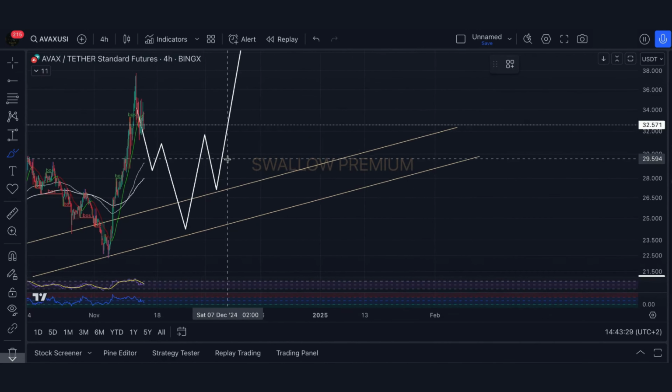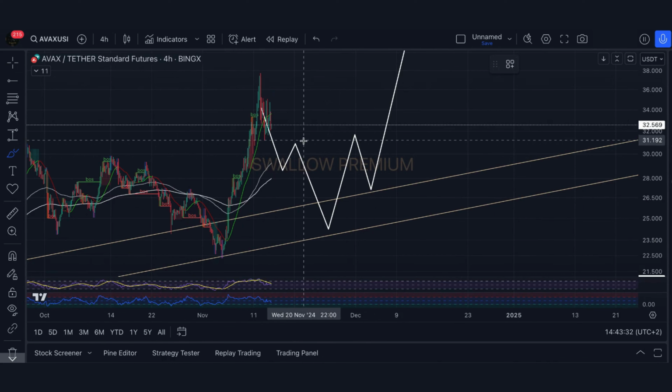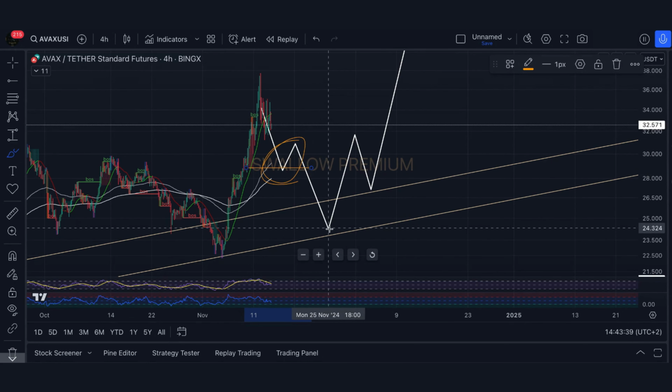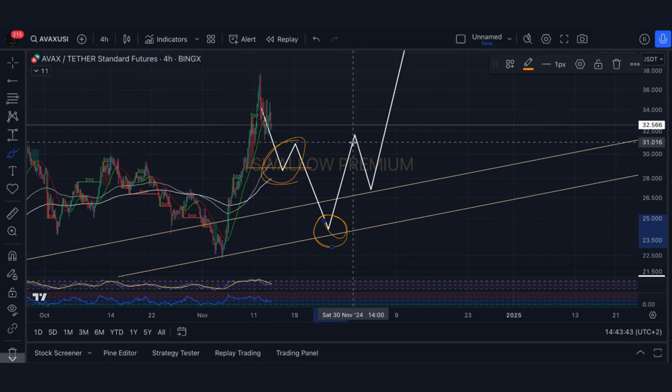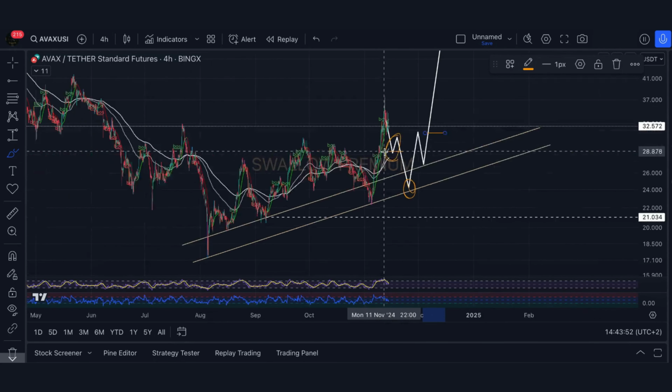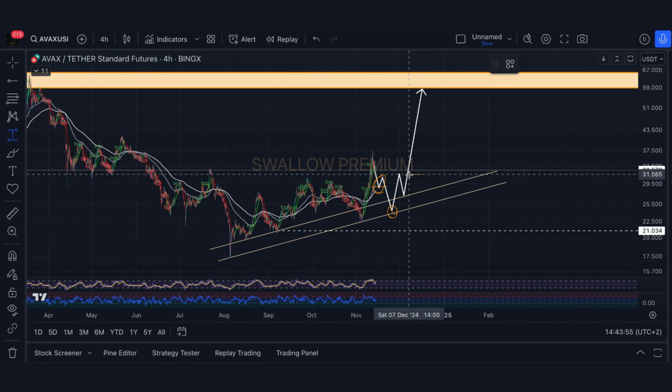So, the first target is the struggle zone here, which means the fill of this CMA gap. Now, once we see a touch to this zone here, and buyers will secure it with a nice push, maybe a retest for confirmation, and this would be the place where we are going to look for a possible movement to the upper zones. So we are going to wait, and a possible movement of basically 2x might happen on the Avalanche coin.